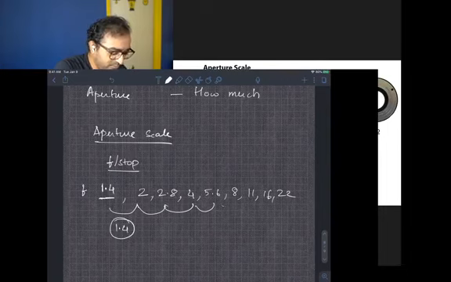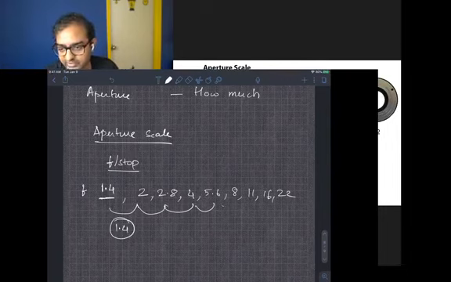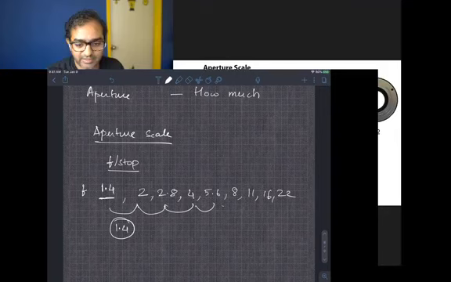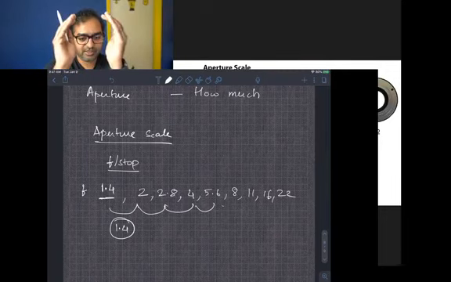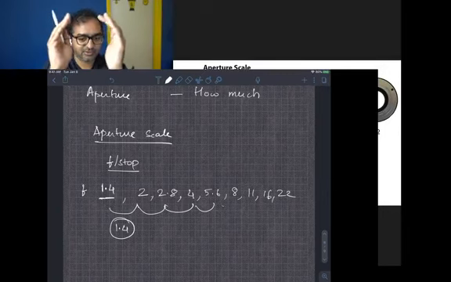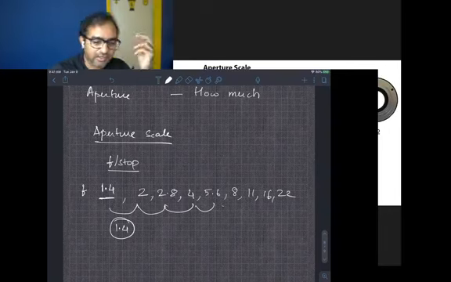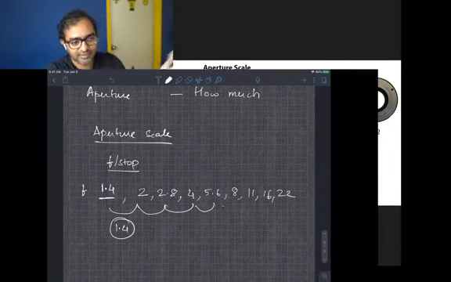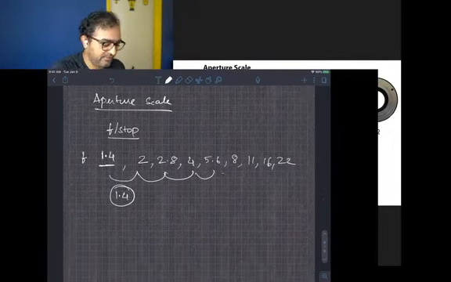And why it's 1.4, Onkar in the chat has actually explained it. Right? I'm going to leave this up to you as a homework assignment to figure out why it's 1.4. It's really easy to figure out if you think about it. Right? You have a circle. If you want to let in half the amount of light, what do you change? You can't change the radius by half. You actually have to change the area by half. If you have to change the area by half, how do you do it? You actually have to do it by a factor of 1.4. And you can do the math to figure that out.